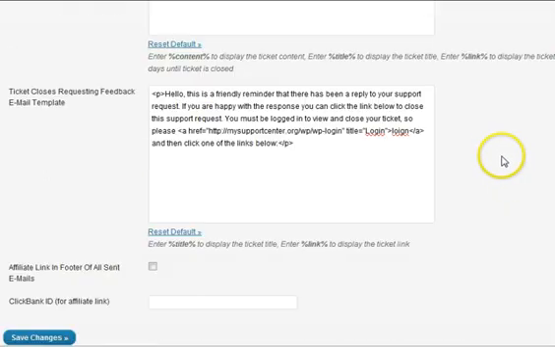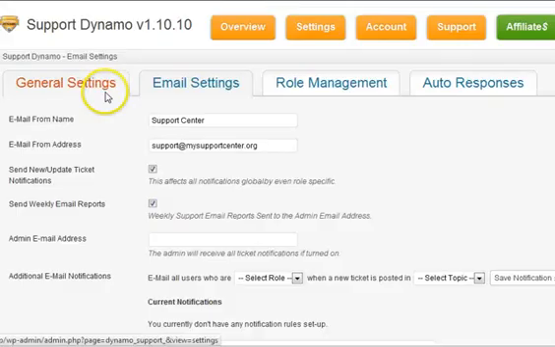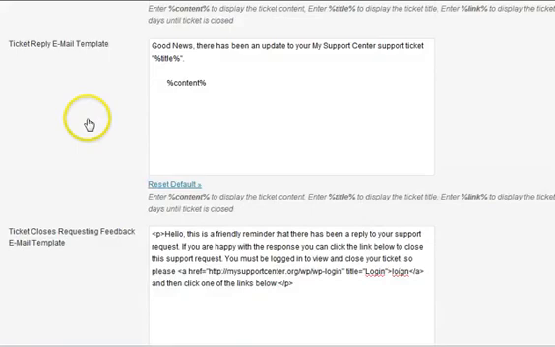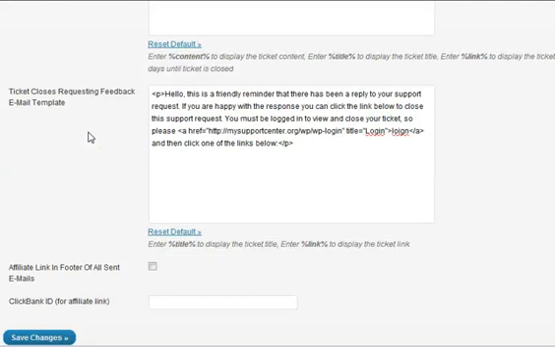Now, if a ticket has been on another page here, on the General Settings page tab, we talked a little bit about the feedback. Well, once again, this is kind of the final part to it. It says, hello, this is a friendly reminder that there has been a reply to your support request. So if a ticket goes by and they haven't responded to it, so you've answered their ticket and they haven't responded to it, and it's been a few days, what ends up happening is that this email goes out to